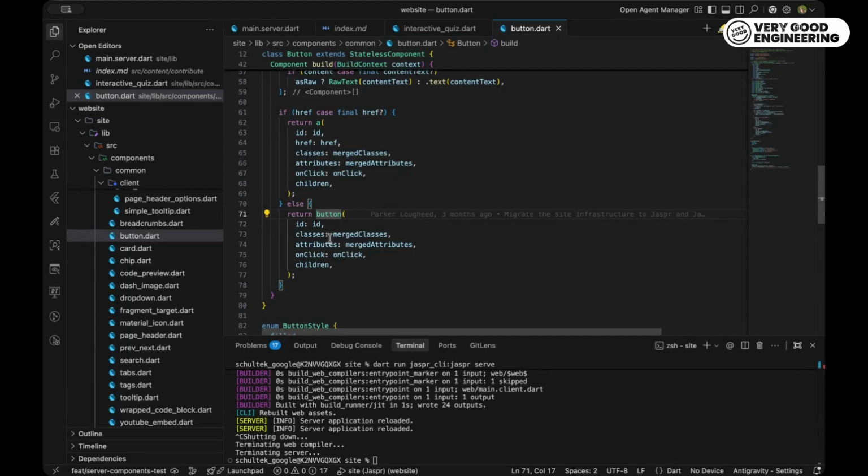All the foundational learning resources about how HTML works and how CSS works still apply. You already know how to build Flutter widgets, and then you just combine the two concepts and you can build Jaspr code.